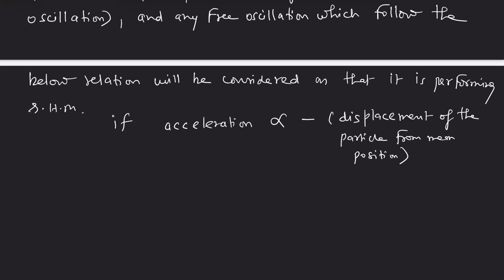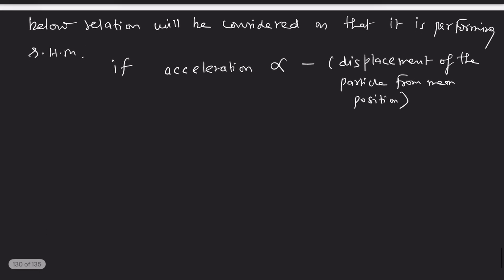That's it, guys. Displacement of the particle from the mean position. So acceleration of the particle should be directly proportional to what? Negative of the displacement of the particle from the mean position. So if I put this in a mathematical way, a should be equal to the second order differentiation of the position. Not position, basically the displacement, but because the initial position doesn't change with time, it becomes directly the rate of change of position. So a is equal to d square x by dt square,